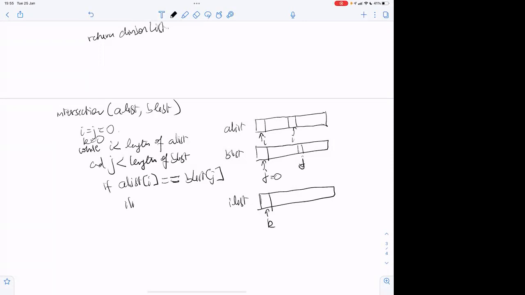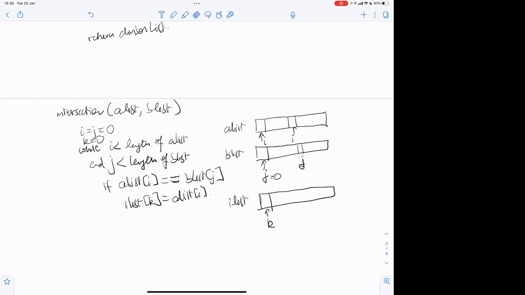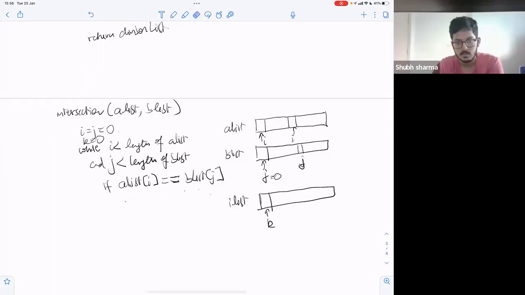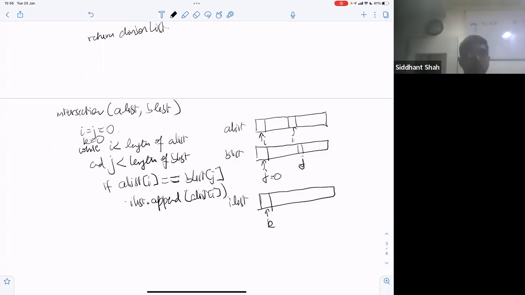I list K is equal to A list I. So instead of tracking K, we can just append the numbers to another list. Very good. So we could just say I list dot append A list I, correct? And in fact, this is better in some sense because